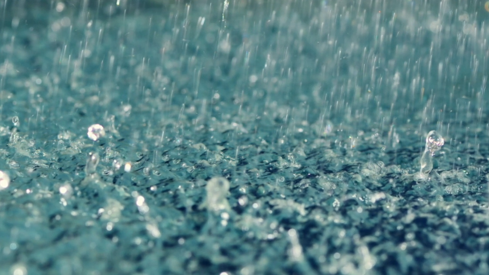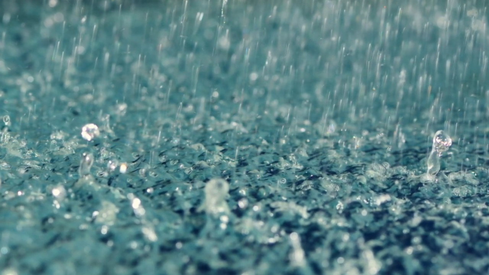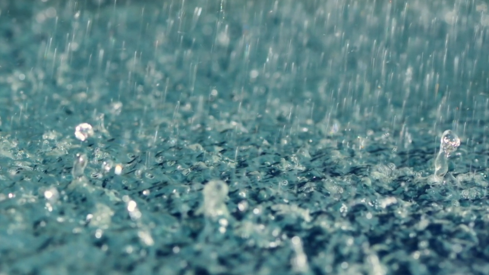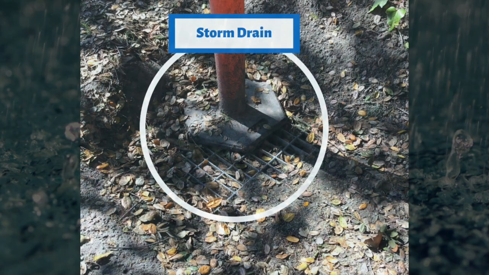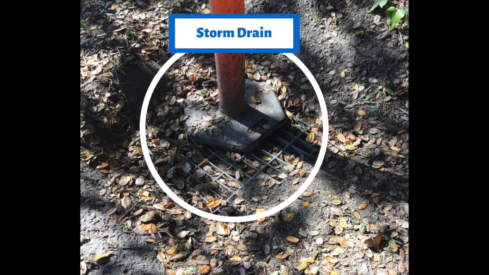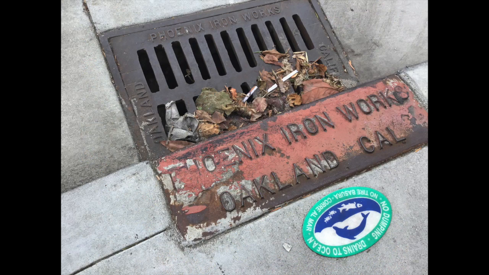Imagine we have a big rainstorm and the water is filling up in the streets. And there's a storm drain nearby, but there's leaves covering it. Will that water be able to get through? Probably not. The leaves and any other trash that's around will either clog the storm drain, creating a flood in